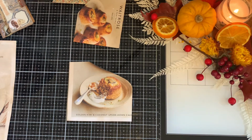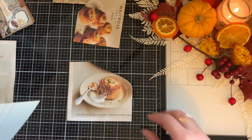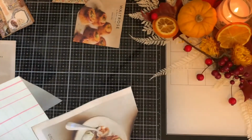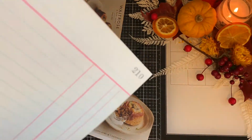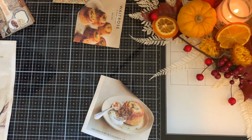I think I'm going to use a bit of this, which we were using yesterday, not yesterday, a few days ago. Probably want to use a bit of this. I don't want that much, so I'm going to cut straight along this blue line here. So this was from a ledger from a